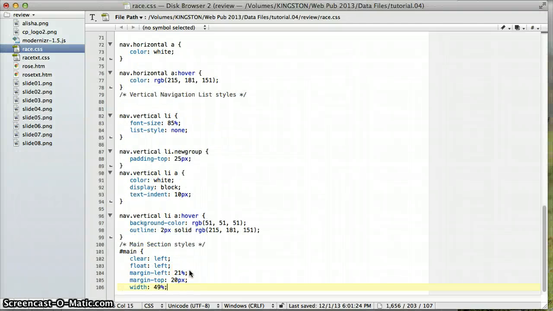Okay, the next step is 13, and it wants us to add the following style to the main section of the page. You can see I already have the text entered in, and that is what you need to key in as well. It wants to float the main section on the left margin. Once the left margin has been cleared of previous floated objects, set the size of the left margin to 21%, set the size of the top margin to 20 pixels, and set the width of the main section to 49%